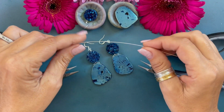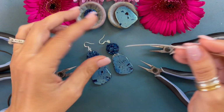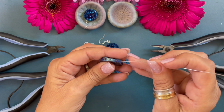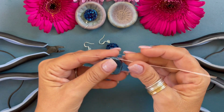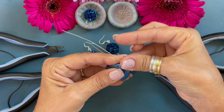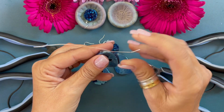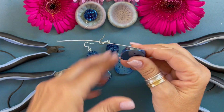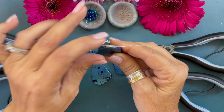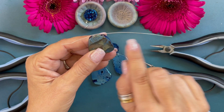We are going to start by cutting a 6-inch length of 22 gauge wire. We're going to pick up our blue iris coated Druzy, and we're just going to string that through right about there, and then we're going to bend this wire all the way over, and we're going to bend this wire all the way over. We're going to try to get them as close to the stone as possible, and then we're just going to eyeball it. We want to find the middle of the long wire,